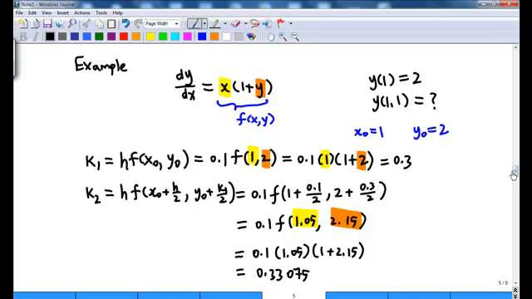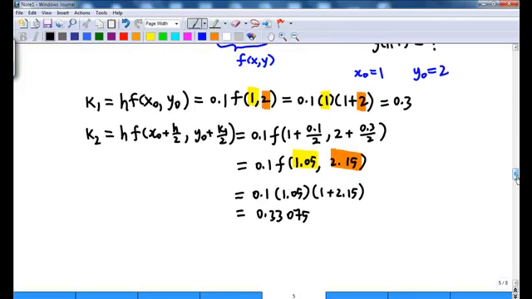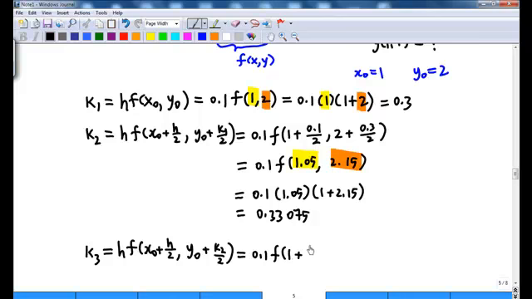So after I finish completing my k2, let's move on to find my k3. So k3 is equal to h times f of x0 plus h over 2, y0 plus k2 over 2,